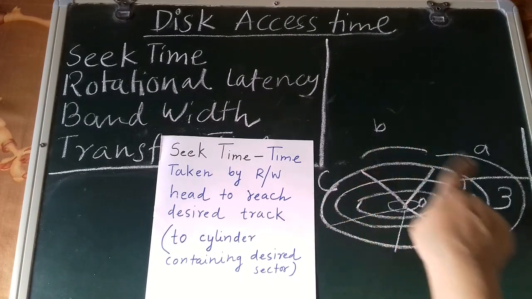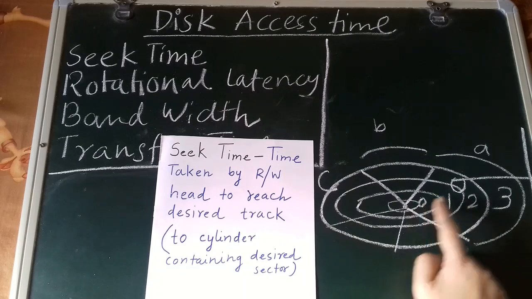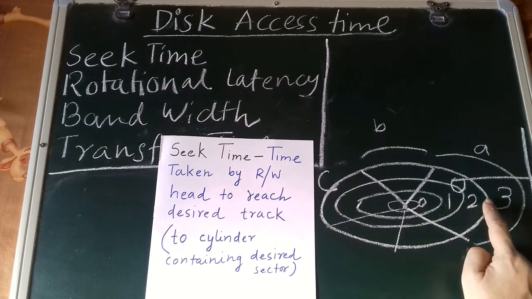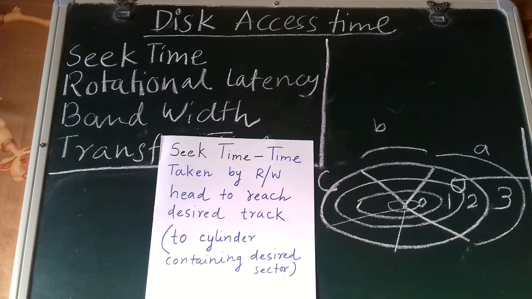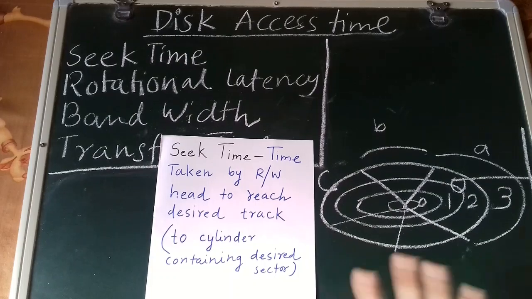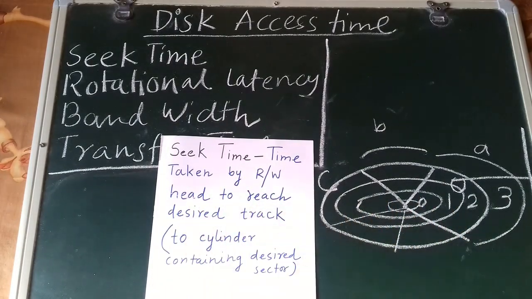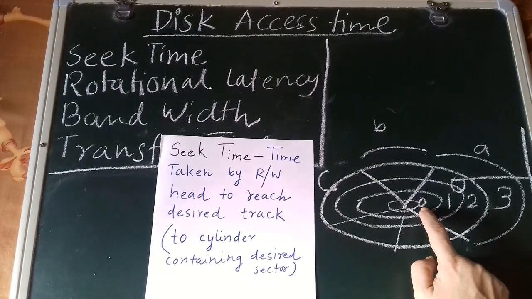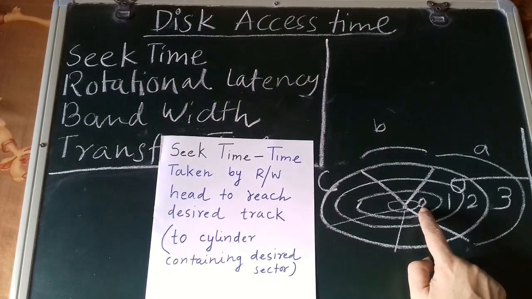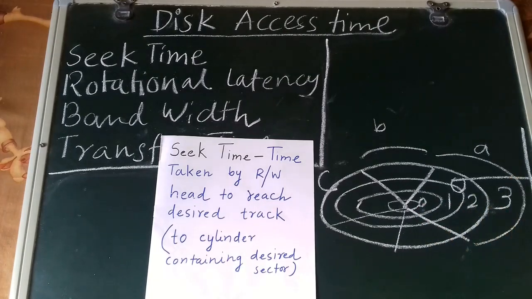Rotation may be in any order, clockwise or anti-clockwise, and the read-write head may jump from 0 to 3, then 3 to 1, then 1 to 2. No need to maintain any sequence like 0, 1, 2, 3. It depends on the request. So this is the main thing. Seek time is the time taken by the read-write head to reach the desired track. So at present, if it is at 0 and the next request is for 3,